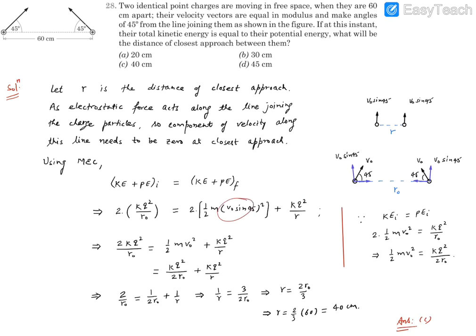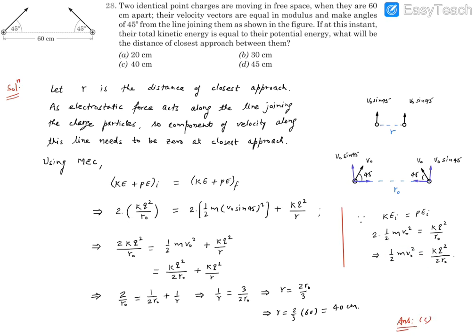Now here this velocity term is involved, whereas the rest of the terms have kq square. So we can relate this velocity with kq square, using the condition that initially kinetic and potential were identical. Initial kinetic energy is going to be half mv0 square of one particle, and multiplying by 2, that is of two particles. That's total kinetic energy, is equal to potential, which is kq square upon r0. Now from here you will find half mv0 square comes out to be kq square upon 2 r0.